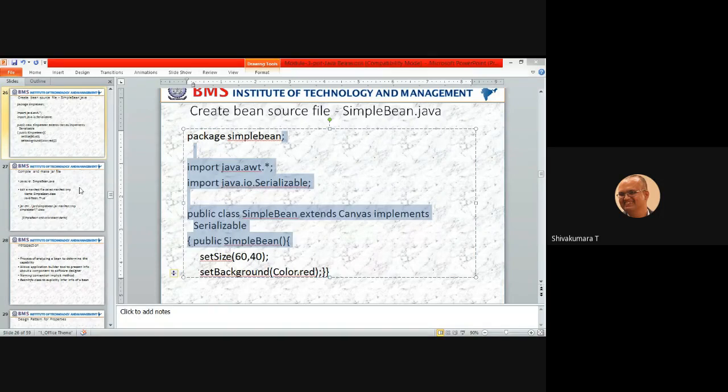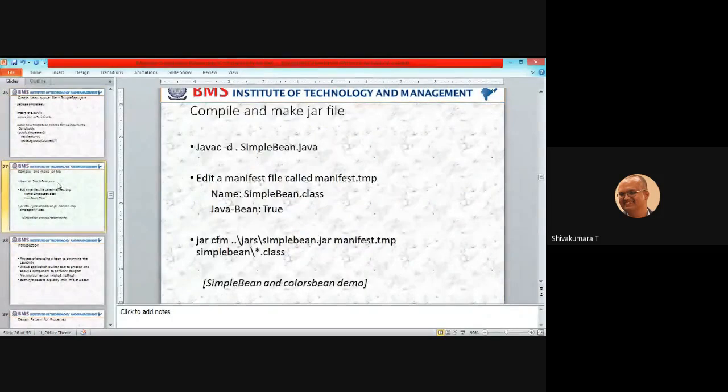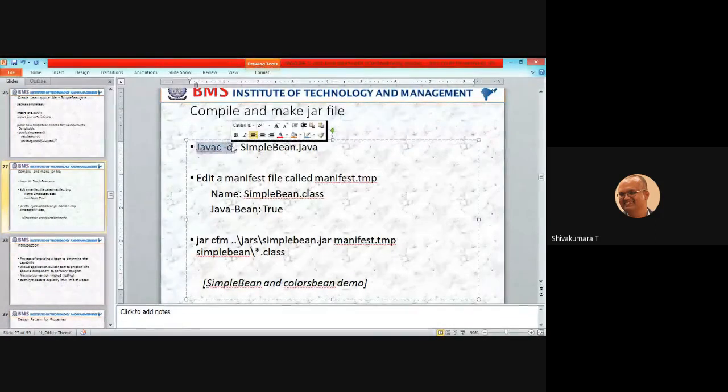Then the second step is to compile and make the jar file. You use the command line to compile your SimpleBean.java. Use the javac option -d, which allows for any deprecations.